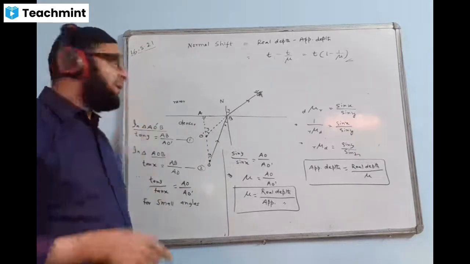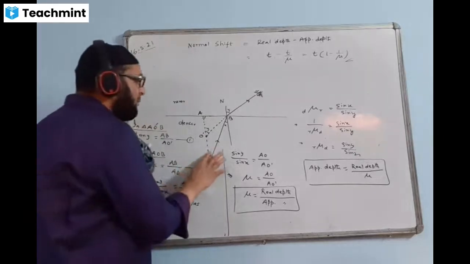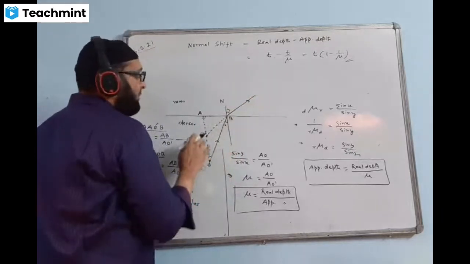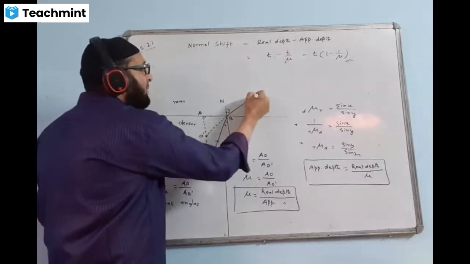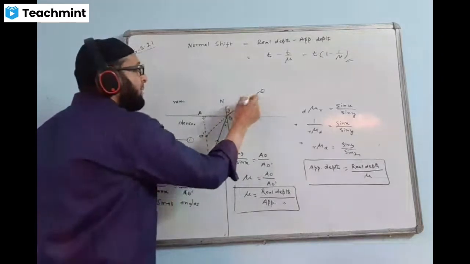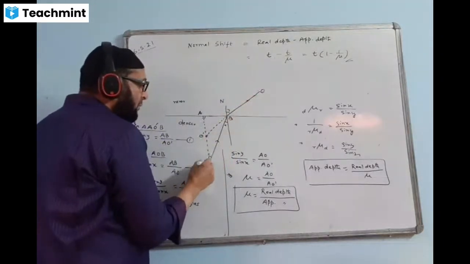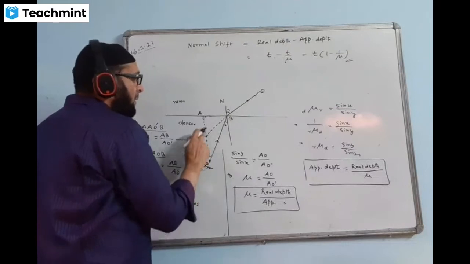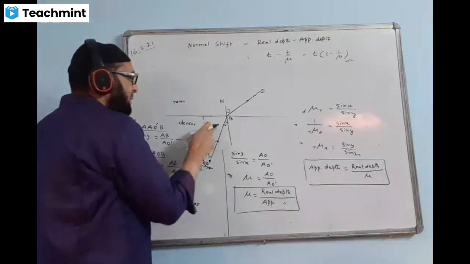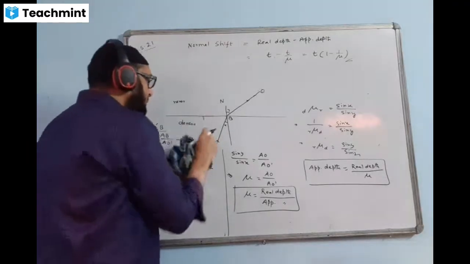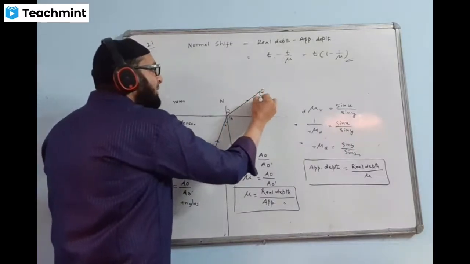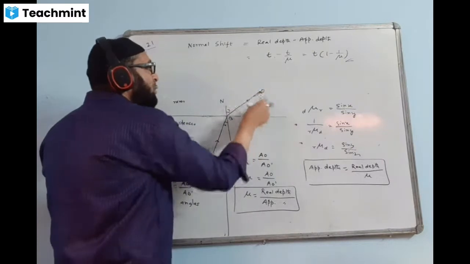But let us take it the other way. What is the meaning of otherwise? Now the object is in the rarer medium. Here is an object O, and this object is being viewed by an observer in the distance. Here is the observer who is observing it like this. Let us see now. This time we say height. This is the actual height.